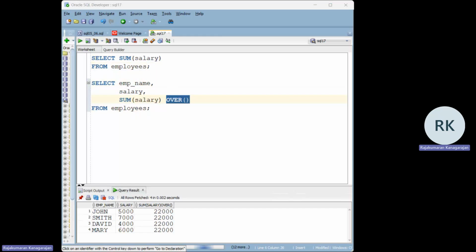When Oracle sees SUM of salary OVER, Oracle will think, hey, this is a window function. Keep the rows, perform the calculation, return the result for every row. Understood, guys? Any doubts? No, right? Similarly, you can do the average. For example, if you wanted the average of salary,